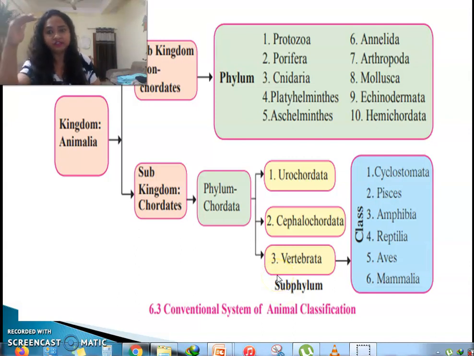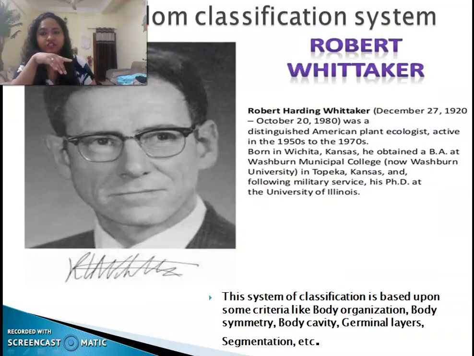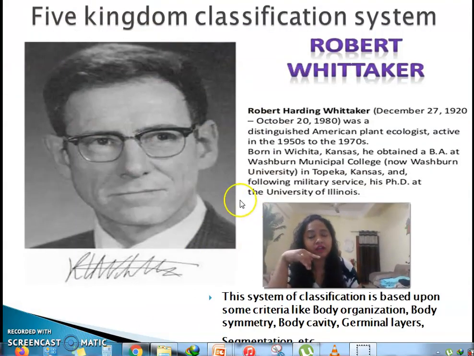So the topmost is the kingdom. After kingdom there is subkingdom. After subkingdom there is phyla, then subphyla and then class. Okay. Now who did this classification? This classification is actually known as a 5 kingdom classification. The basis of this classification is a 5 kingdom classification. We have already, you remember the table I gave you in the earlier module? There in detail you will study what this 5 kingdom was and how they are classified.